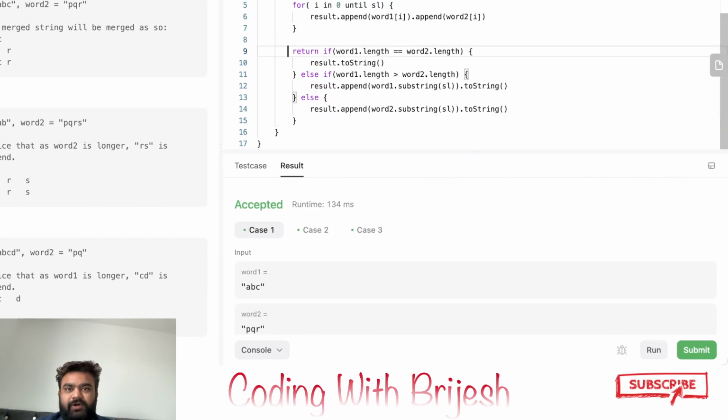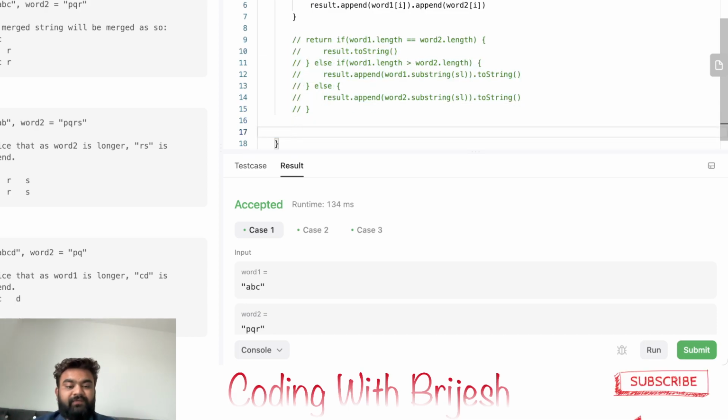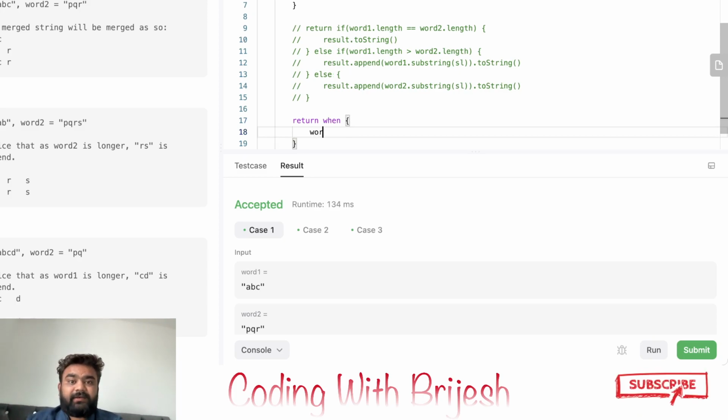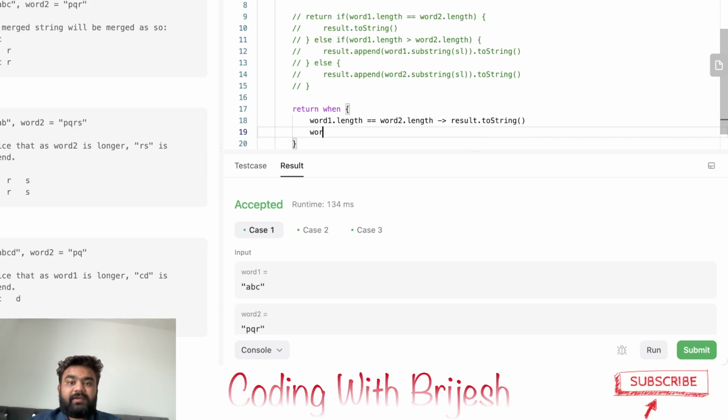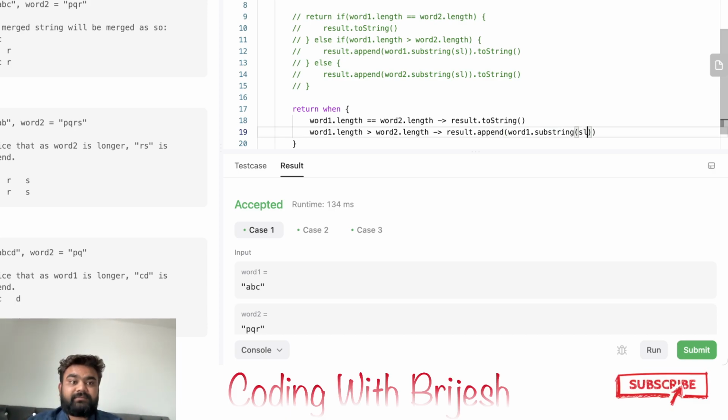Now if you want, you can change these conditions to a when loop. So instead of this, let's return when word1 dot length is equal to word2 dot length. If this is the case, then result dot toString. If word1 dot length is greater than word2 dot length, if this is the case, then we have to append word1 dot substring from SL, and we will return dot toString. Else